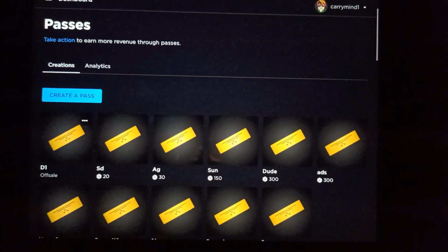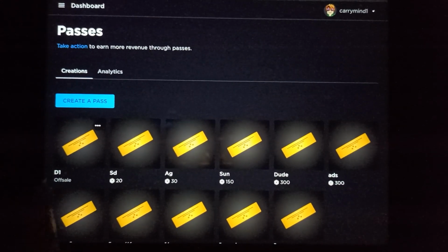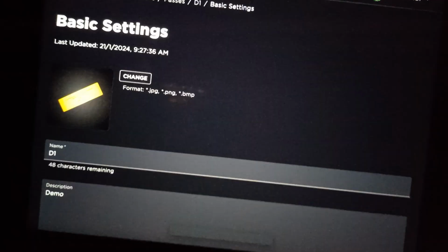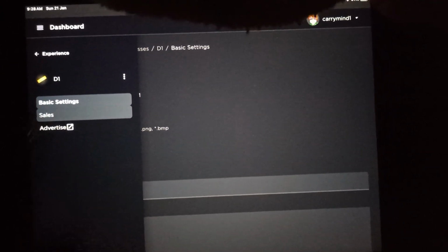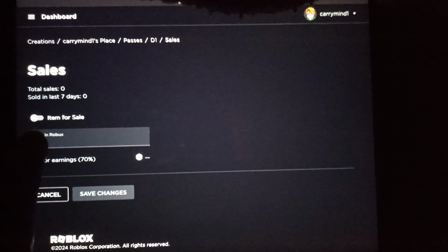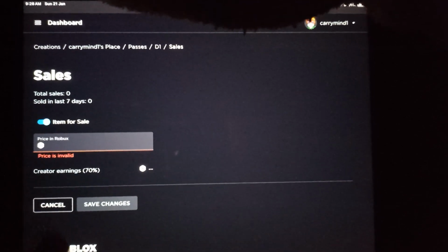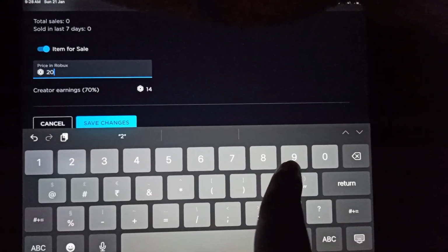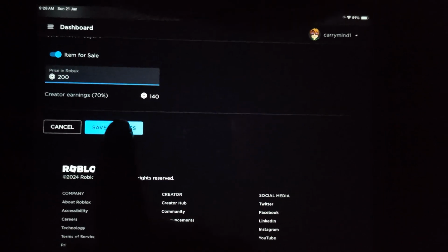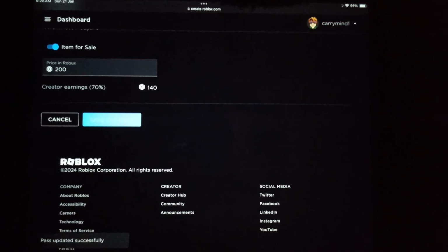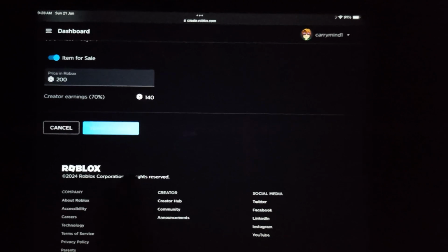So you just need to tap on the new game pass that you have created, and now just tap on the menu button again to configure it for sale and tap on the sale button over here. Now you can enable it for sale and enter the price here, like 200 or something, and tap on the save changes button. Tap on it. Now once you save it,